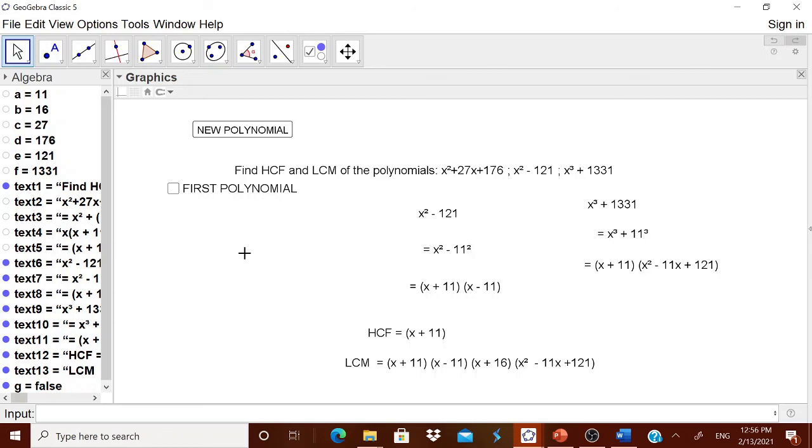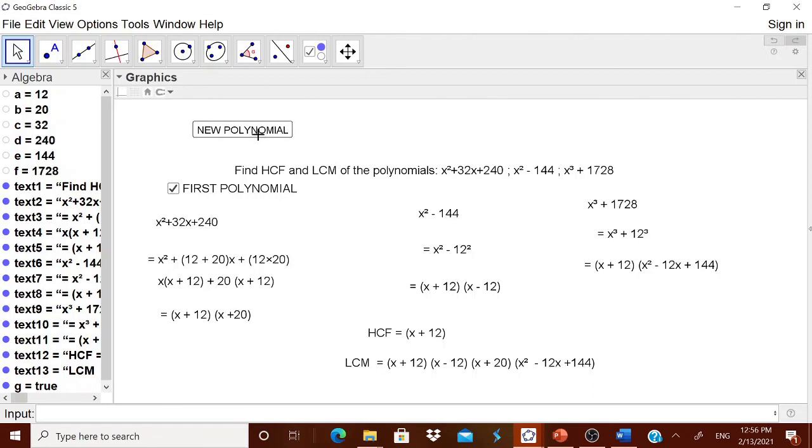Like this, you can have a control over the second polynomial, third polynomial, HCF and LCM. You see here, the highly interesting thing is new polynomials are created again and again. The idea of splitting the middle term is also known to the children. x square minus a square, x cube plus a cube. By making use of it, you are finding the HCF and LCM very neatly, and then the child will enjoy it.